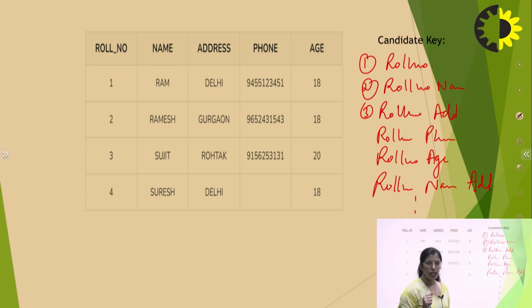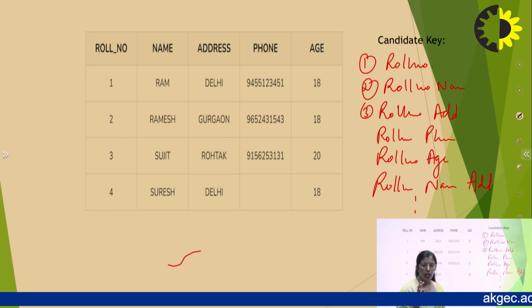Now, always remember, candidate key is the minimal super key. Minimal super key means any combination of attributes which can find the tuples uniquely must be less in number of attributes.